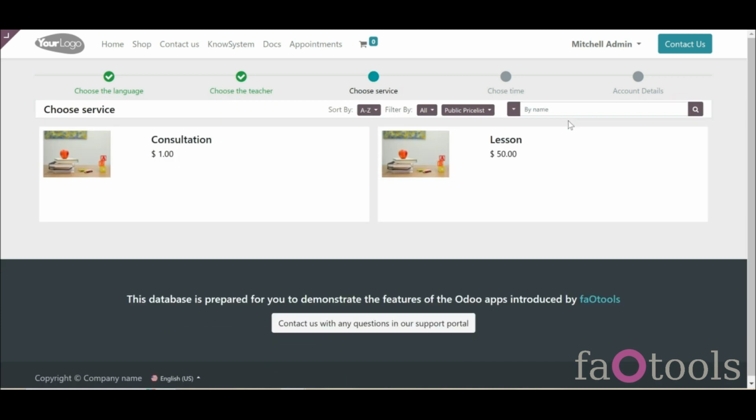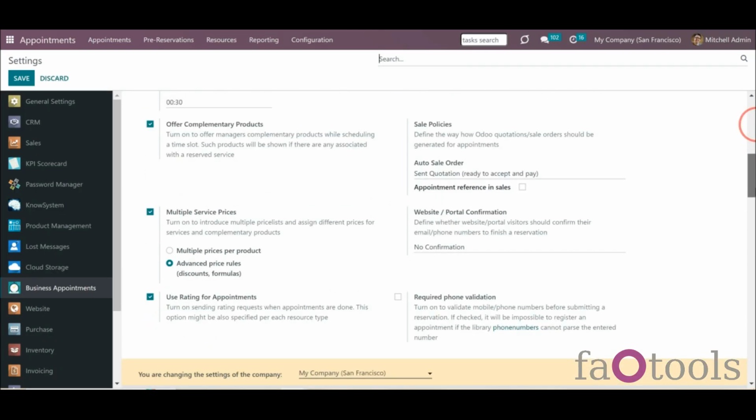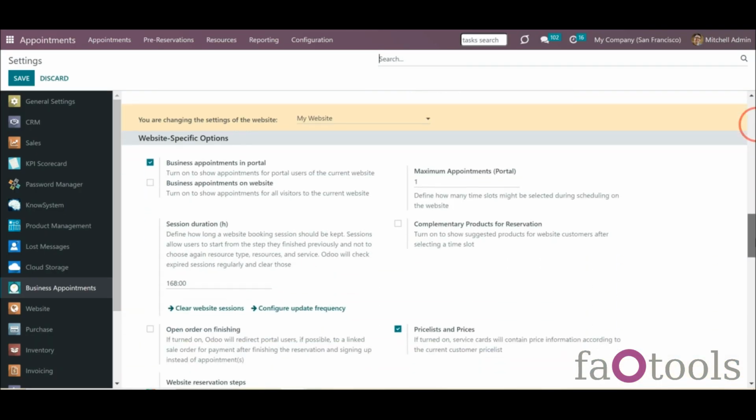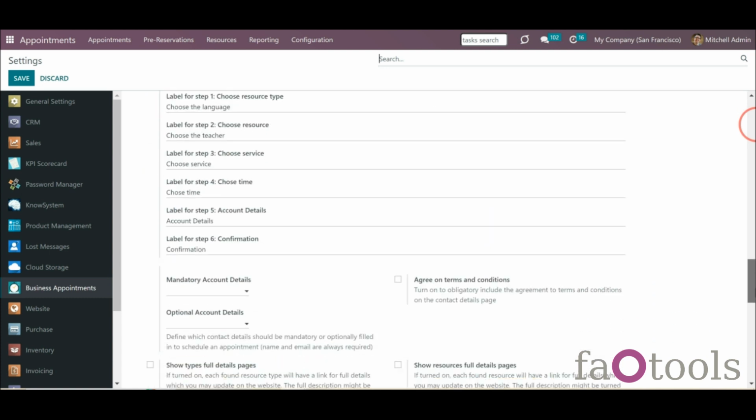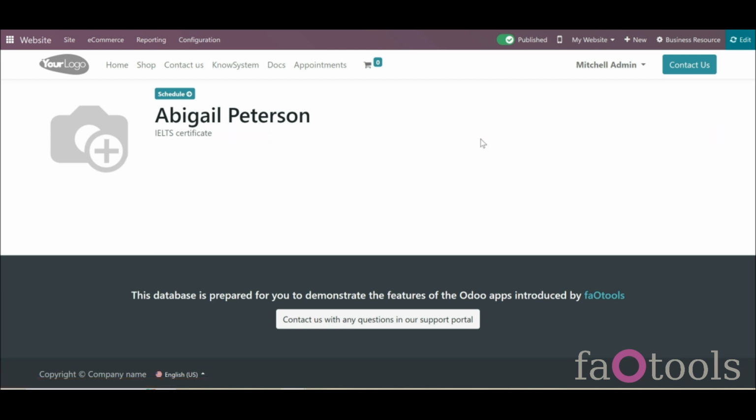If a client chooses several resources, then one of those resources will be assigned automatically according to the chosen allocation method of the related resource type. Let's also add the full description to our resources, so the client could get to know our teachers. For that, let's return to the configuration page and find the option Full Details page for resources and tick it, then save. That would add a separate page for each resource, where you can describe it in details using the